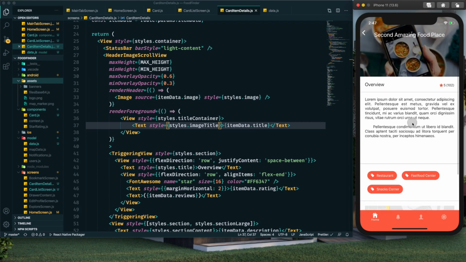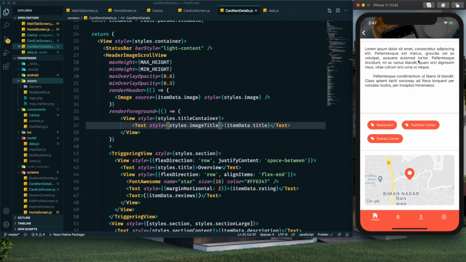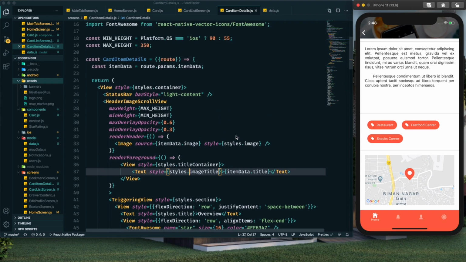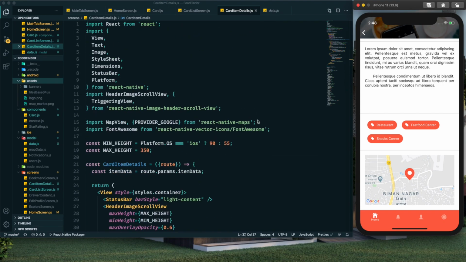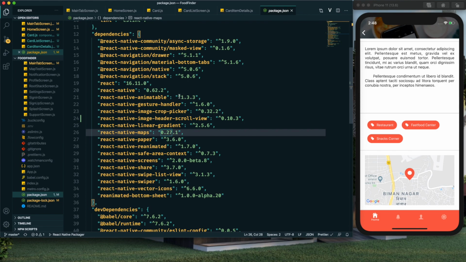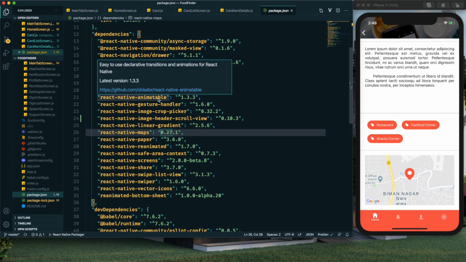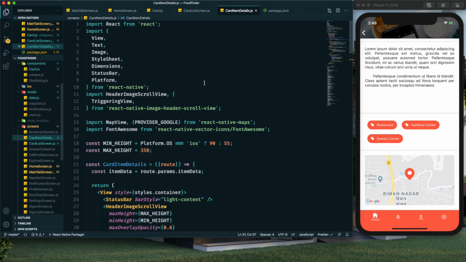right? But while we are scrolling, after complete scroll we don't have the title. I want to display our title over here as well. Now for that we need to implement animation, and that animation I will implement from React Native Animatable. And in our package.json, as we can see that we have already installed React Native Animatable, so we can use it over here.